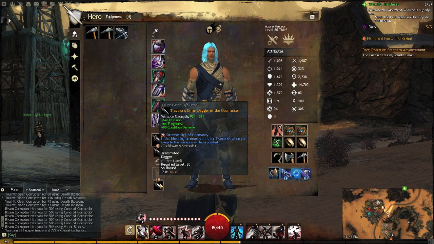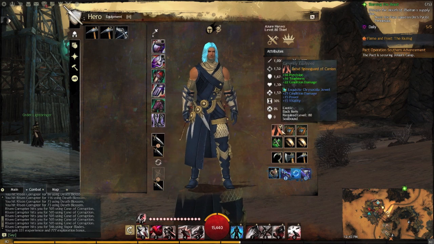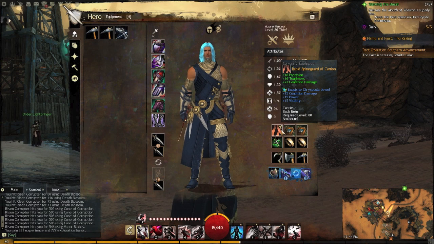Your offhand dagger will have a superior sigil of Geomancy. Inflict bleeding on nearby foes for 7 seconds when you swap to this weapon in combat. You will be switching weapons always in this build to keep your initiative up, and this will keep the bleeds going. For your jewelry, which will be all Rabid, you will equip the Exquisite